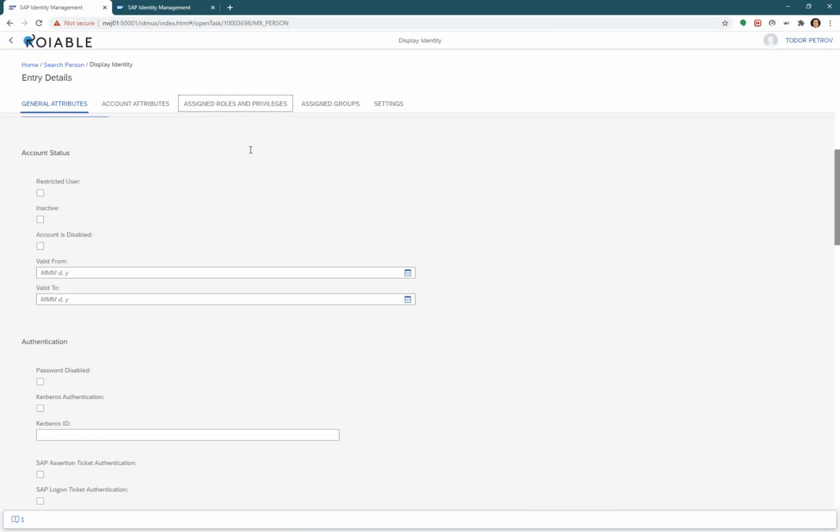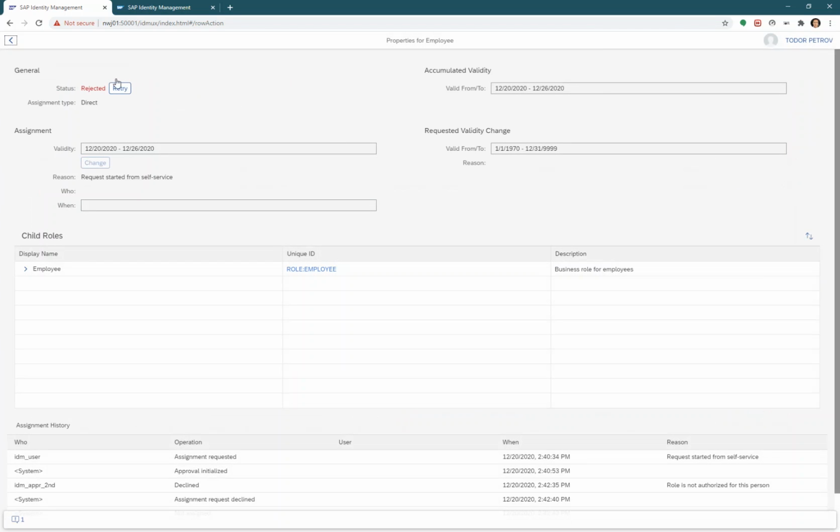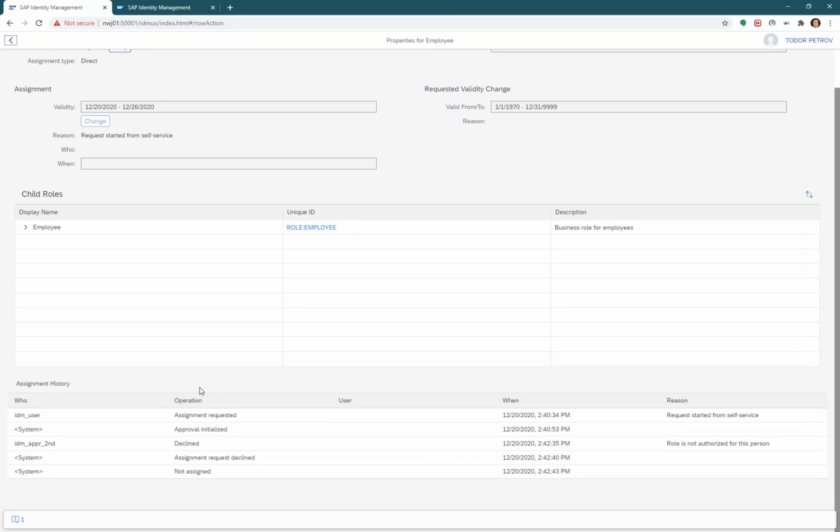And then we go to assigned roles and privileges, and we can see that the role employee was rejected. We can also see more details here, and we have the rejected option, we have the retry entry, we have the validity which was requested, and we have also the history which is here based on when the approval was initialized, requested, declined, and that at the end the request was not